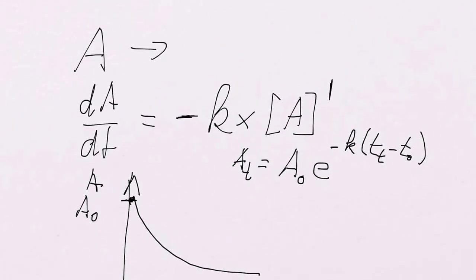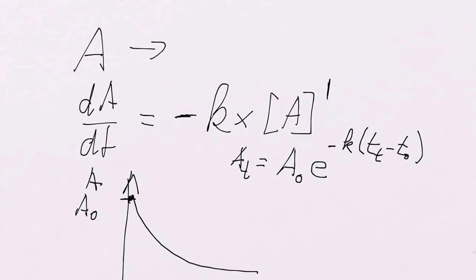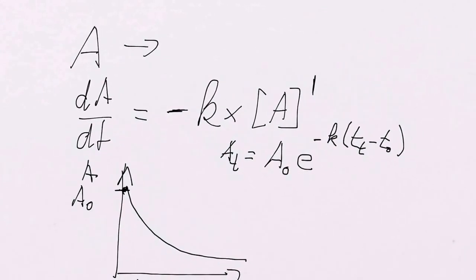Now, very often we have the situation that this A that is consumed is producing something. So, for example, when I eat these sweets, it will have an impact on me, right? So it will go like that. So this A is converted to B. Now, if I'm not interested in the consumption of A, but I'm interested in the generation of B,